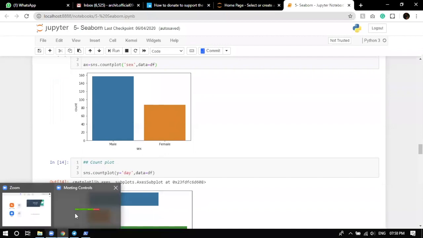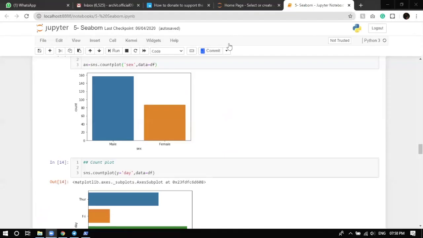Because these are data visualization libraries, it's completely up to you how you want to show your data. If you really want to show your data in a better graphical interface than this, you can go for data visualization software like Tableau and Power BI. But as a data scientist or an ML engineer, you stick to Seaborn. And there are more data visualization libraries like Bokeh and Plotly. There are more, but these are the basic ones which you should know.